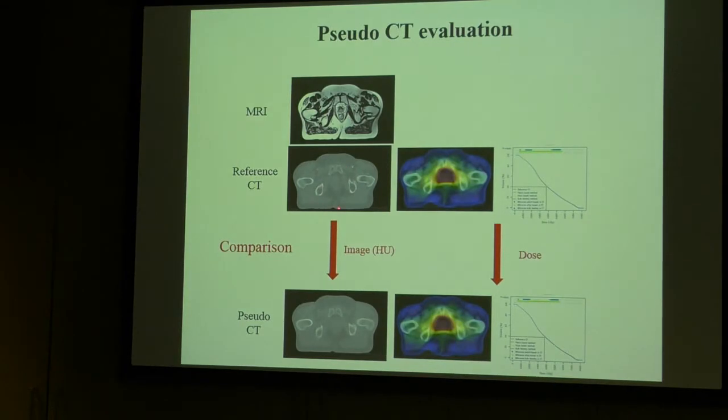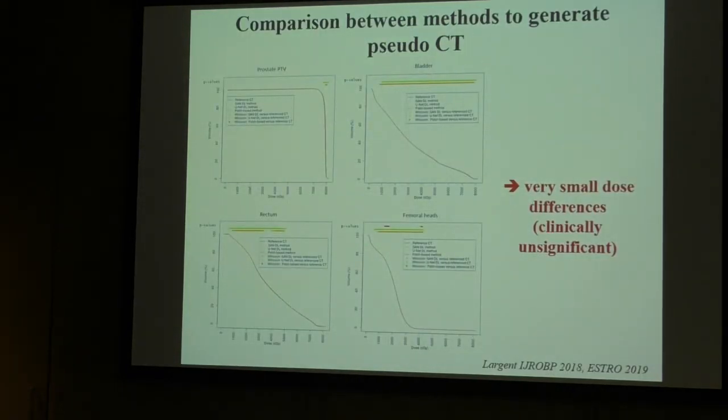By doing that, for a series of 40 patients, we had the MRI of the patients, the reference CT with the reference dose distribution, and we were able to generate the pseudo-CT by using these methods, and then to compare, considering 2 endpoints: the image endpoint, the Hounsfield unit endpoint between the reference CT and the pseudo-CT, and the dosimetric endpoint. I just give you the results for the dosimetric endpoint. What was interesting, and also good news, is that the difference between the methods